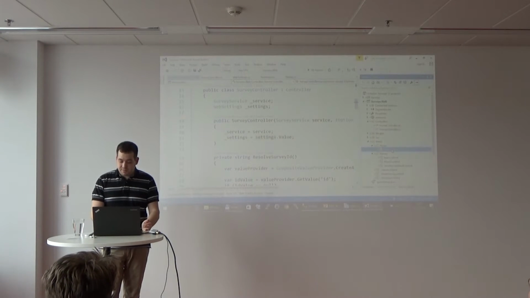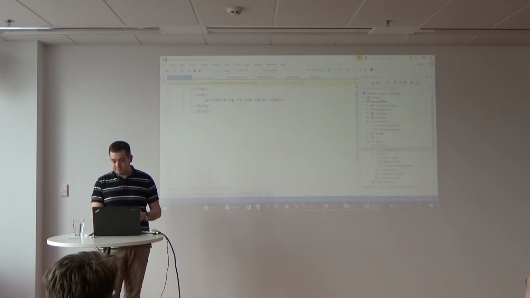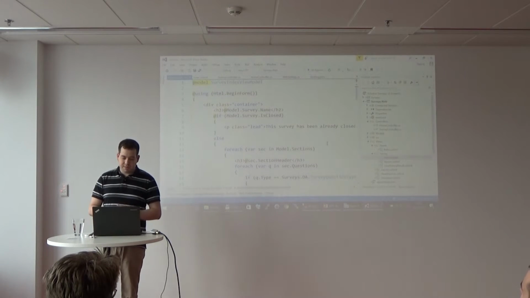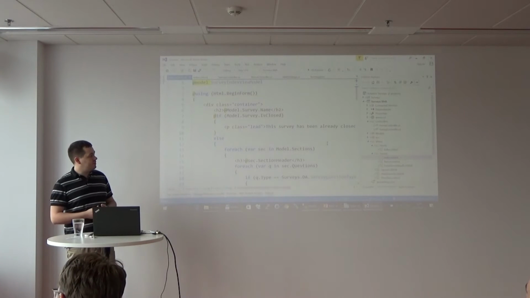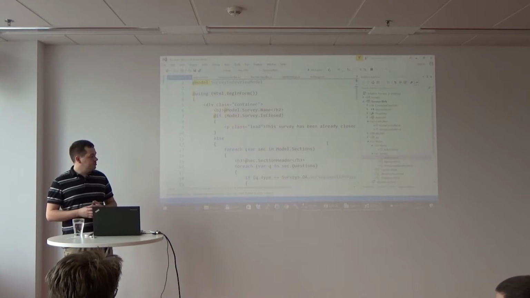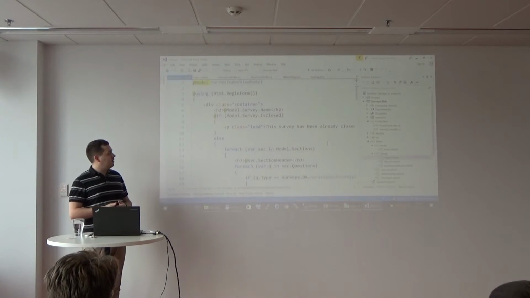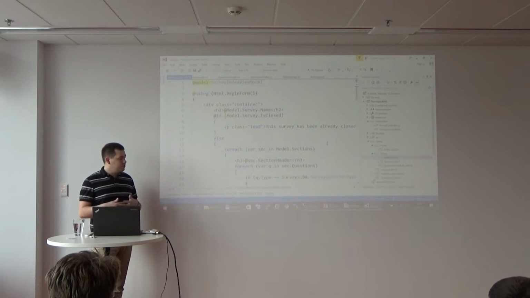If you look at the HTML templates, it's almost the same as in old ASP.NET MVC. They added a few interesting features, but in most cases it's almost the same.